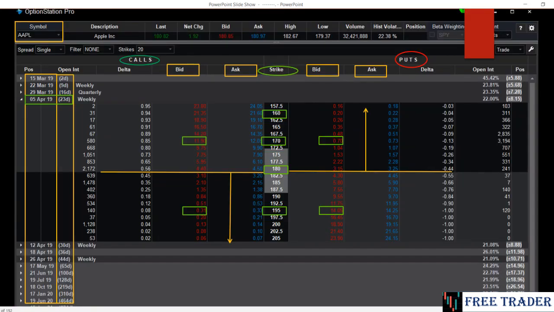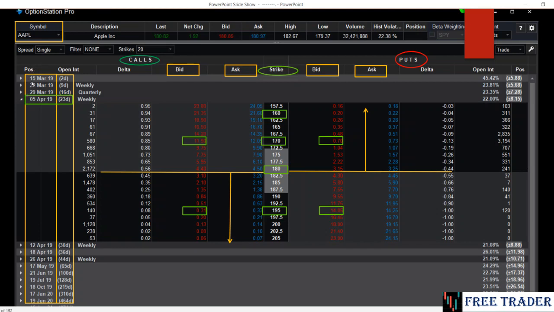So here is an option table of Apple. The symbol is right here. The description is here. The last price is here. The net change is here. The bid, the ask. This is about the stock itself. So now when we come to the option